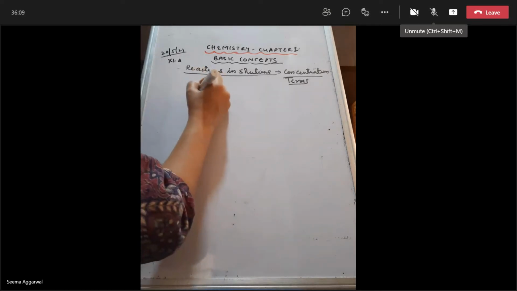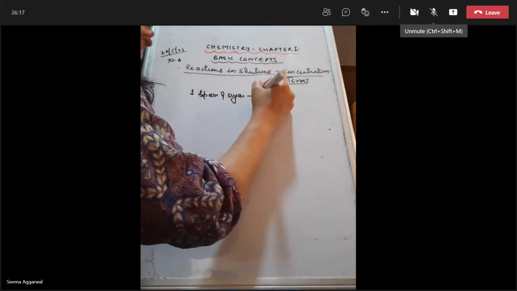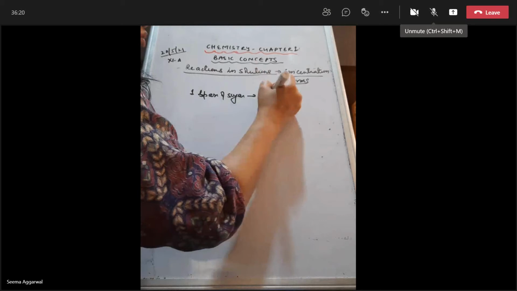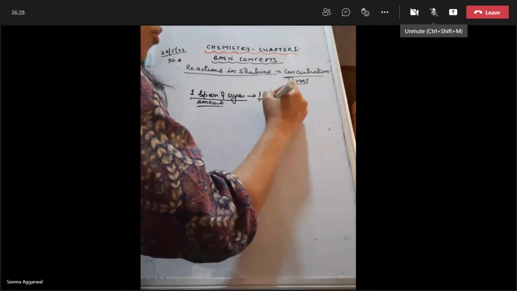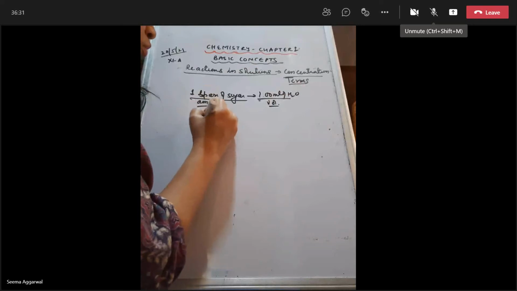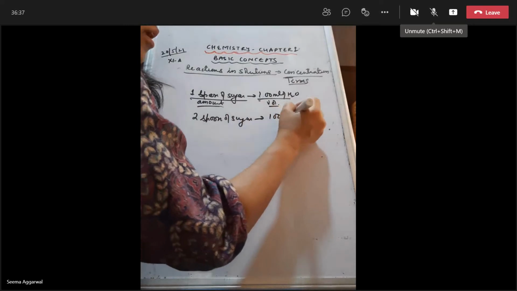I am first adding 1 spoon of sugar. No need to write. In 1 liter or suppose 100 ml of water. Okay. So this is the amount of sugar I am taking and this is the volume of water. Now I am making 2 spoons of sugar and I am taking 100 ml of water. Water I am keeping as same. Now, which is more concentrated solution? So what is the meaning of concentration?